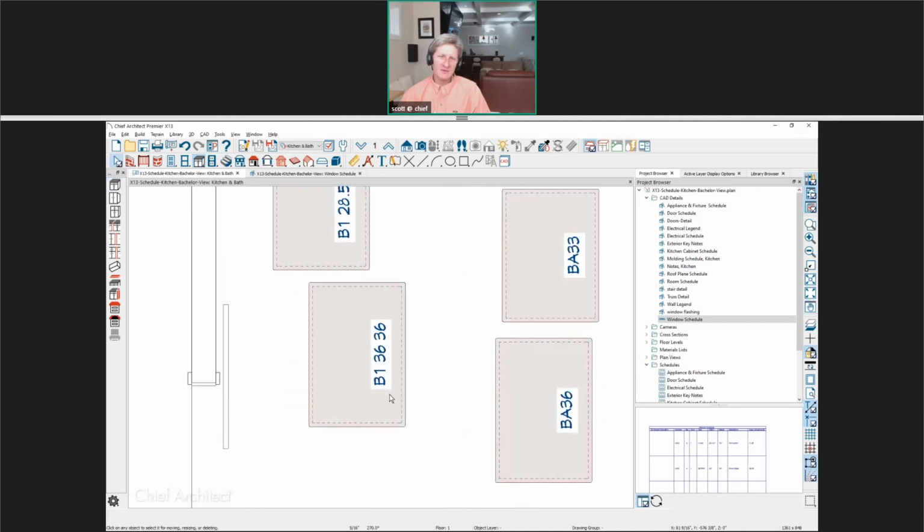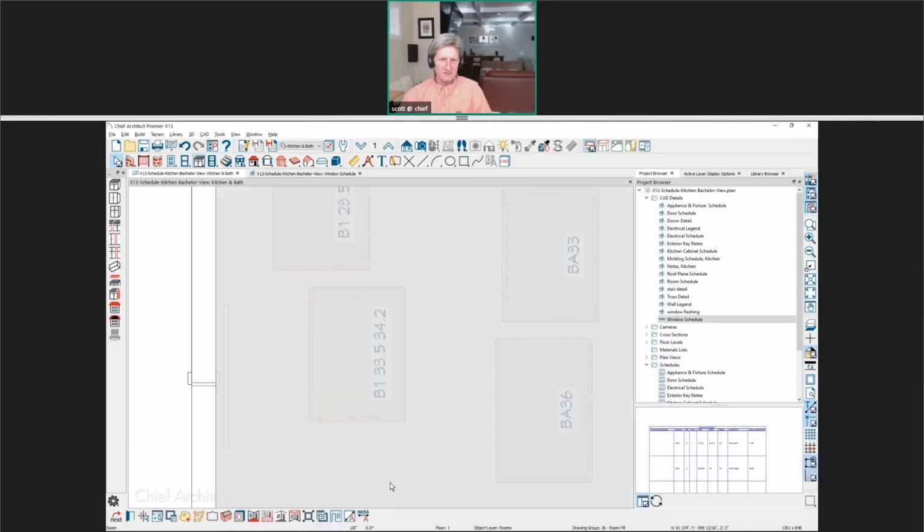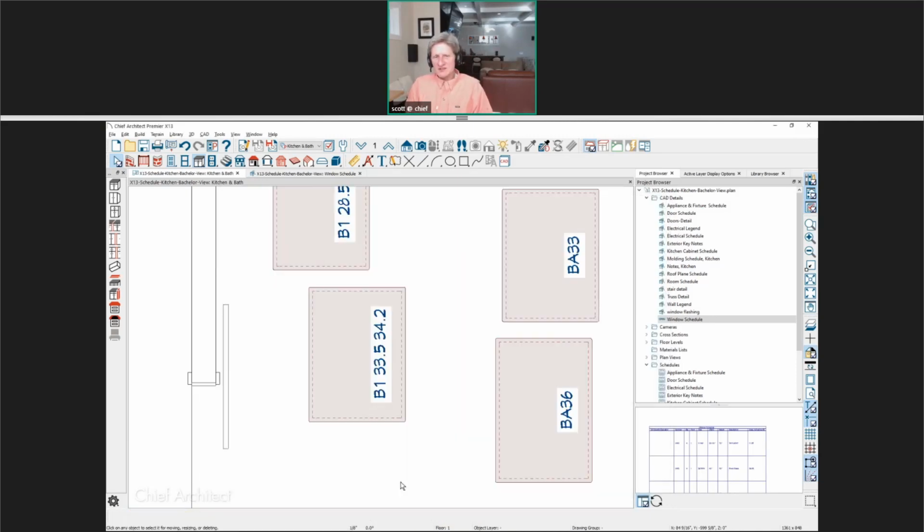And if I make this cabinet, let's go ahead and change it to be a width of 33.5 and then a height of 34.2. This is going to be some crazy number because we've used crazy numbers. So we've used a macro there, and it's taking the height and the width. So if you change any of those variables, there's also depth, which would add to that macro and put more